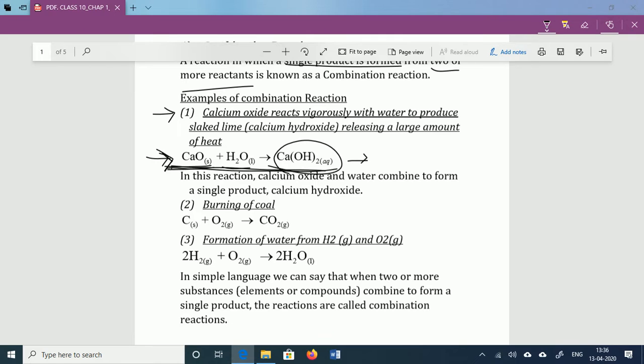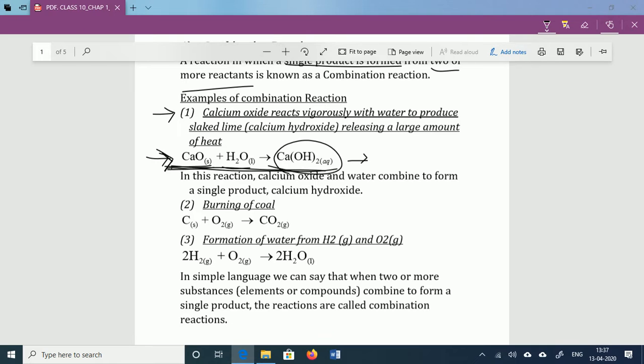In this process a large amount of heat is produced. Generally, not in all cases, the combination reaction is exothermic in nature. Now what is the meaning of exothermic reaction and endothermic reaction? Two types of reaction are there on the basis of production of heat. If heat is produced, heat is evolved, then this type of reaction is called an exothermic reaction. And if heat is required for the reaction, then it is called an endothermic reaction.